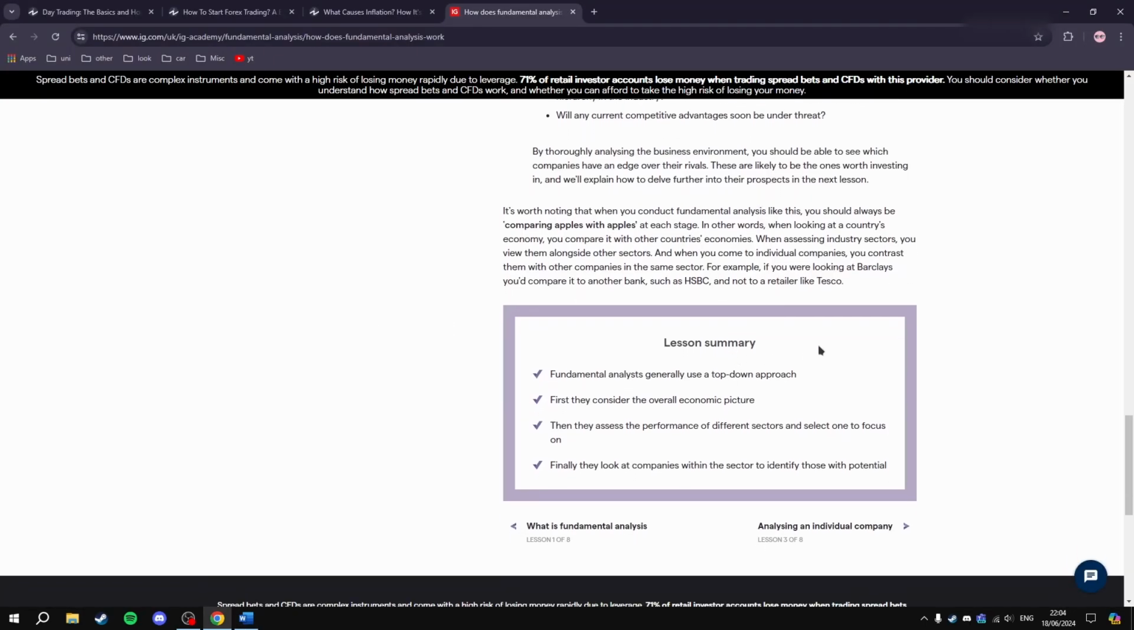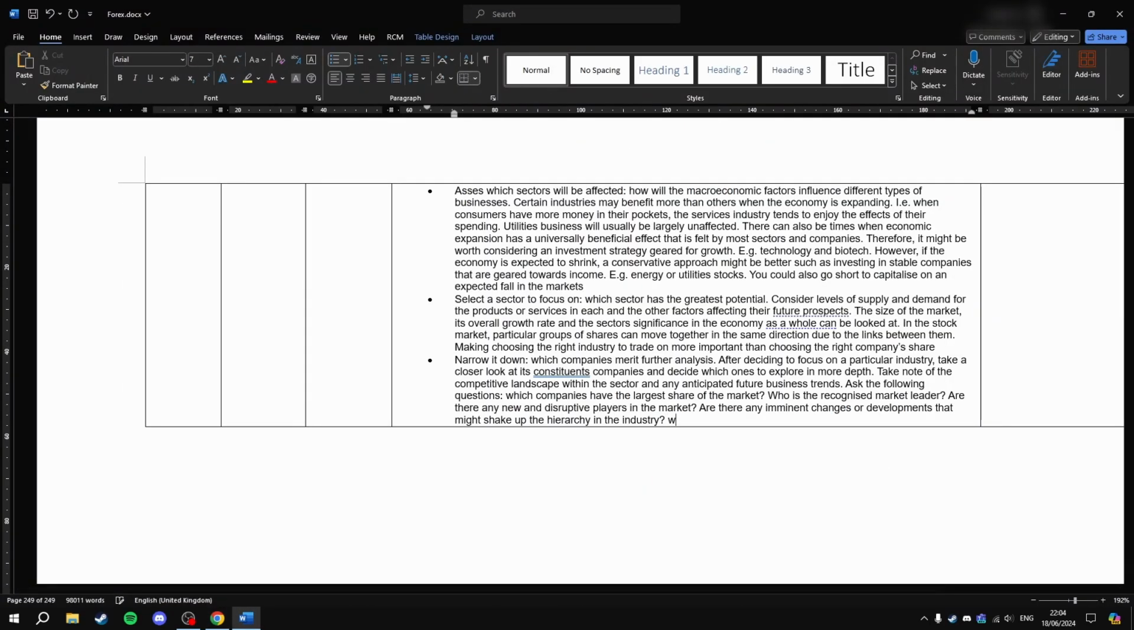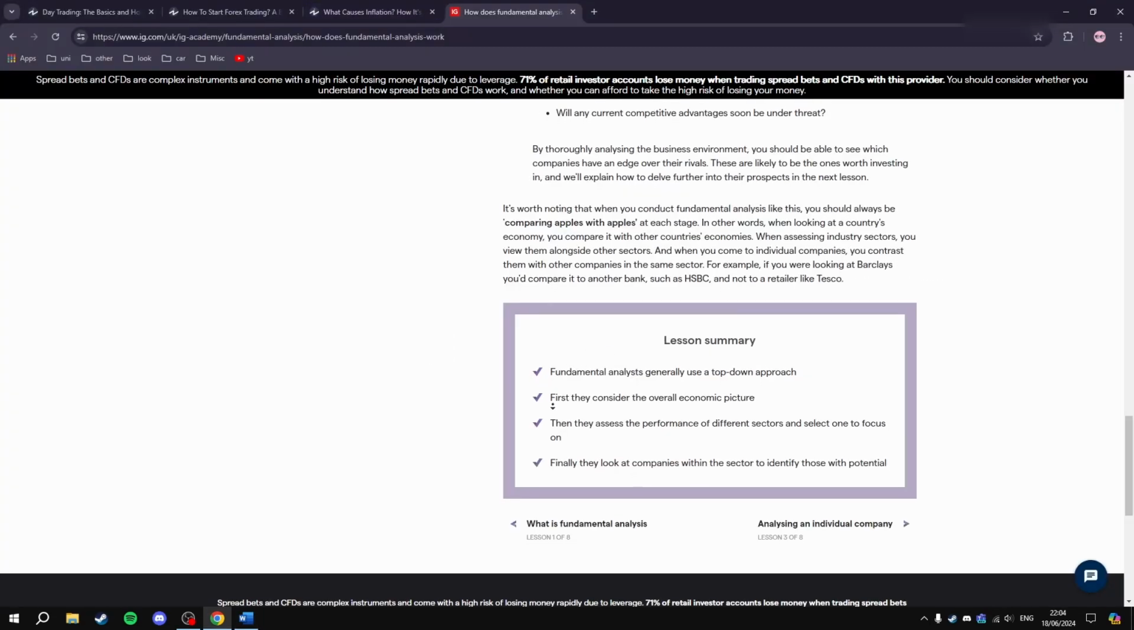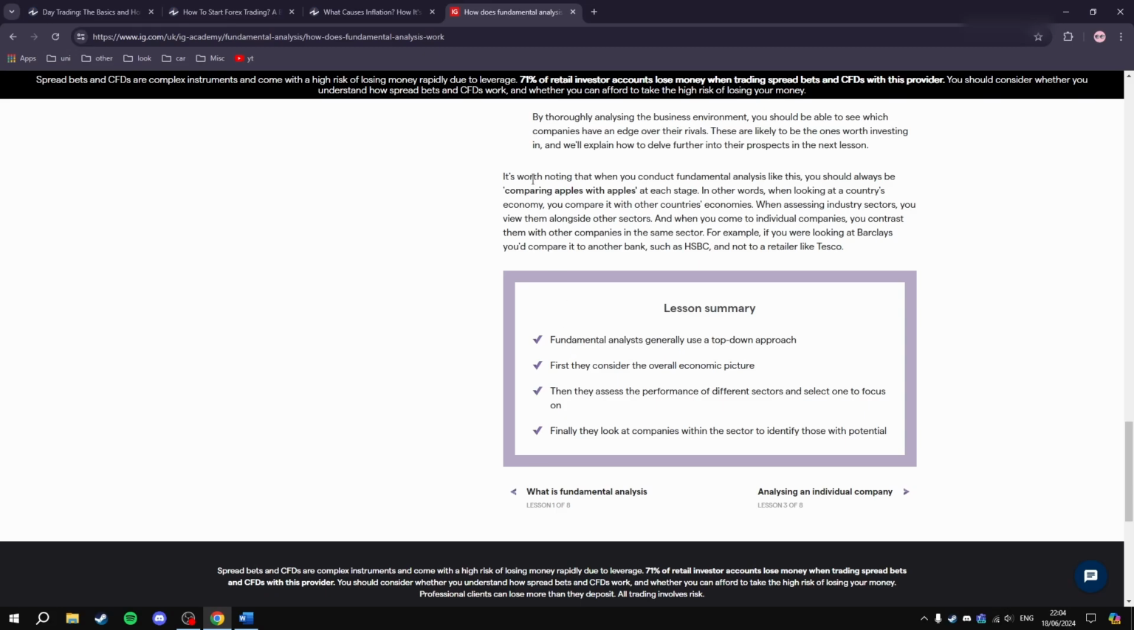Will any current competitive advantages soon be under threat? By thoroughly analysing the business environment, you should be able to see which companies have an